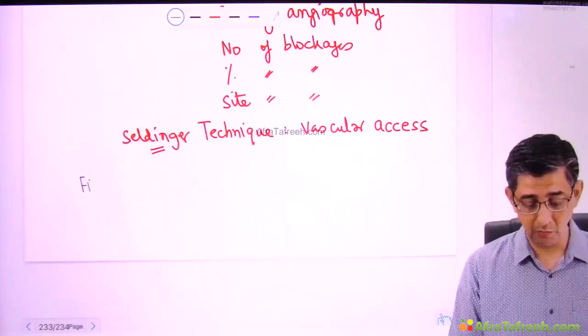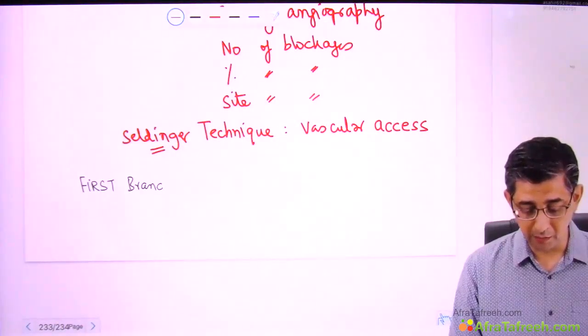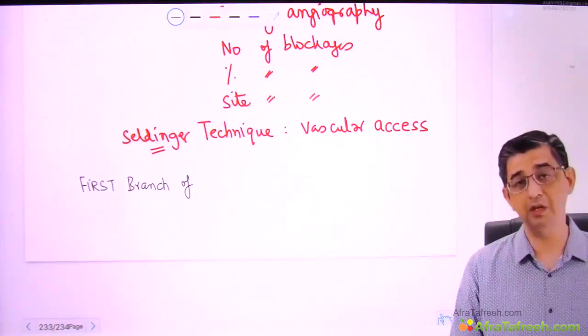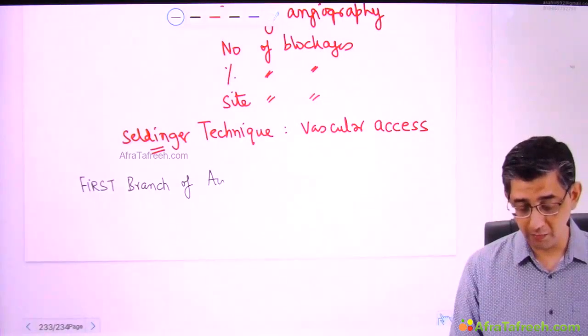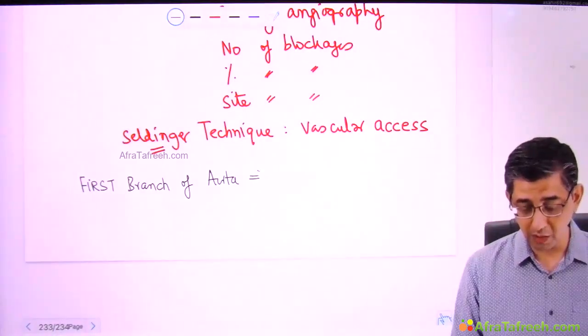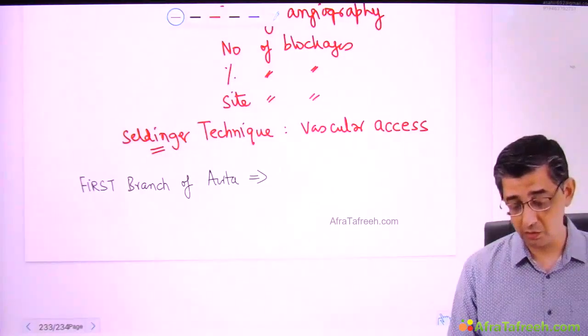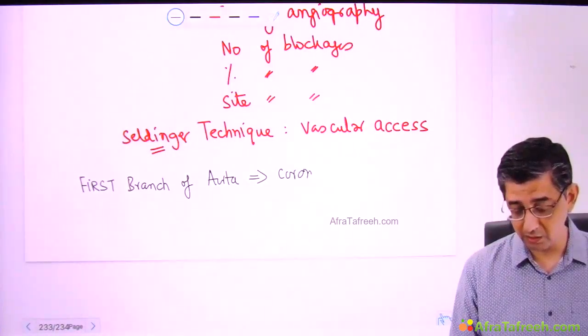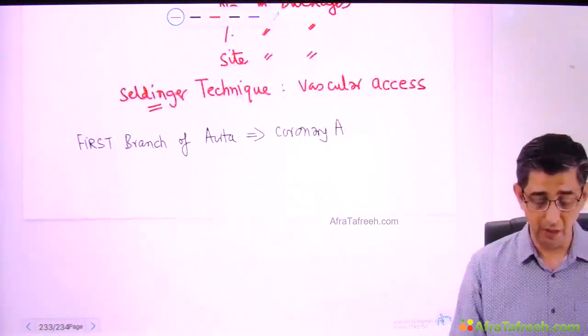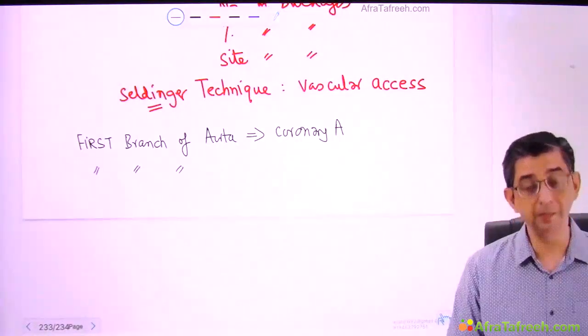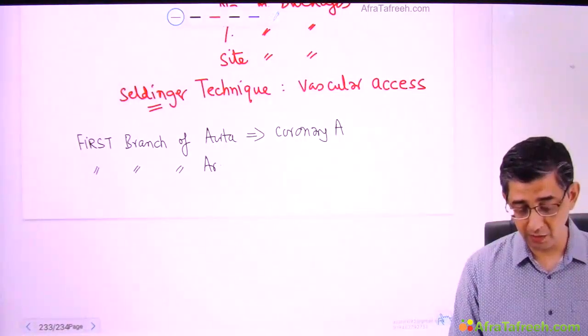The question said, what is the first branch of aorta? You see, one error of judgment can be that if you don't read the question carefully, you will come across in anatomy first branch of arch of aorta versus first branch of the aorta per se. So the first branch of aorta, as I think most of you would have correctly worked out by this time, is the coronary artery. But if I just modulate this question, as I said, first branch of arch of aorta,